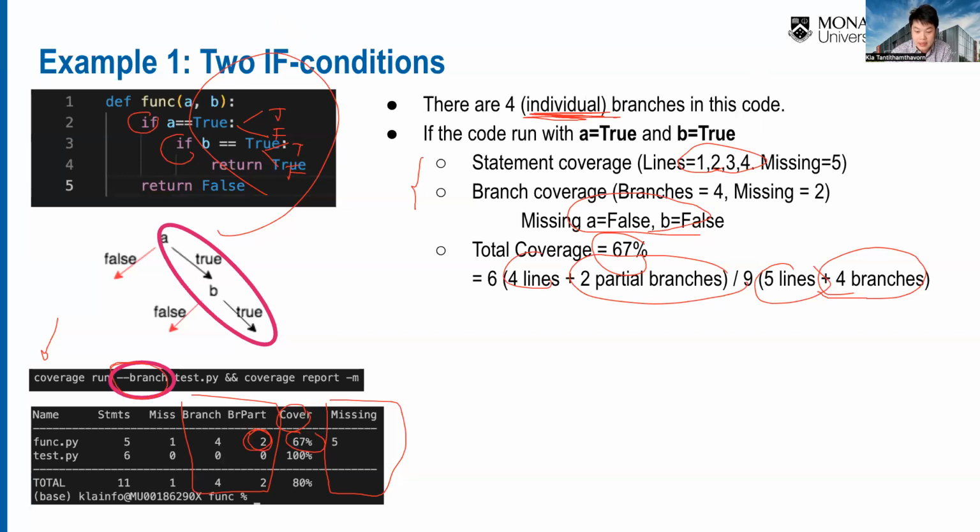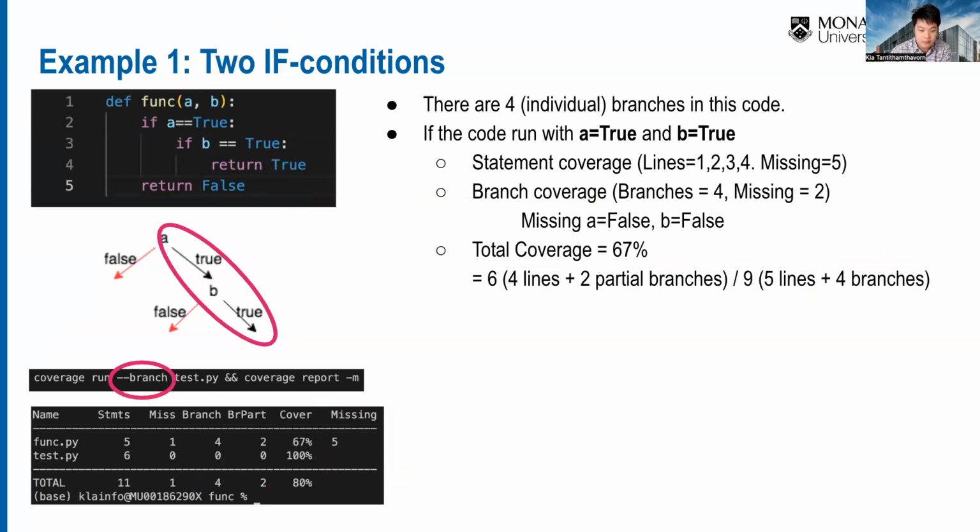And then the question is that because we achieve 67% coverage at the moment, right? What are the missing test cases that we should do? Yeah, what we should test. Right now, if we look at the tree here, what we test is just only this one. What is missing? This one and this one. Is that right? So what we should test is that A